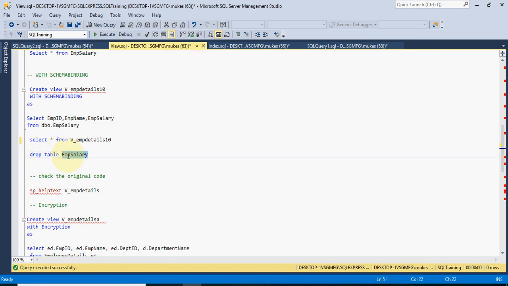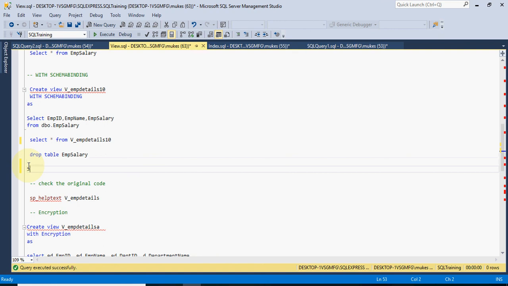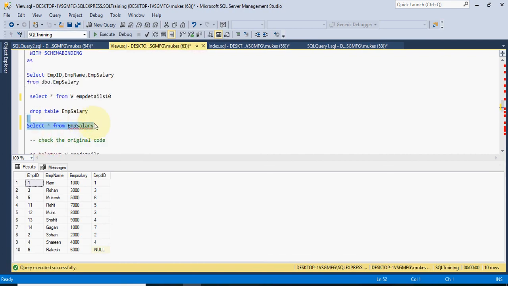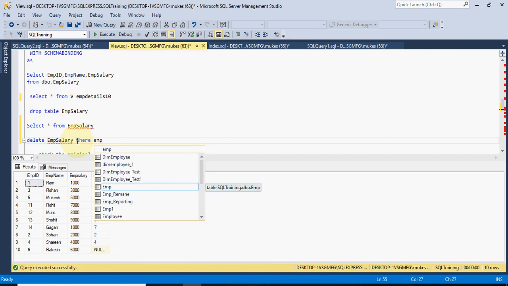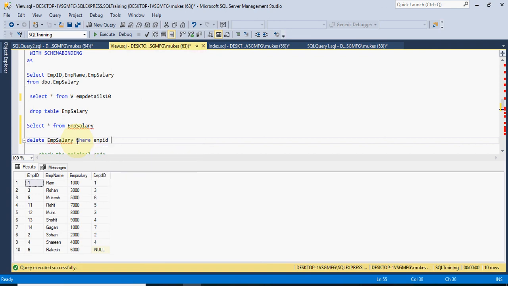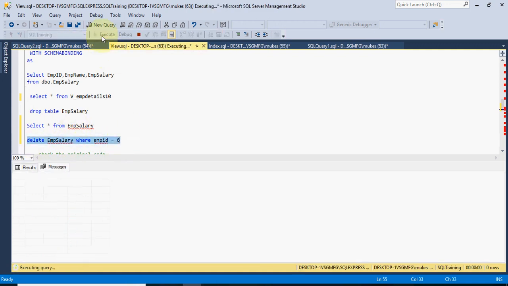First we can select, but the data or the structure is in the table, right? Suppose we delete from the employee salary table.